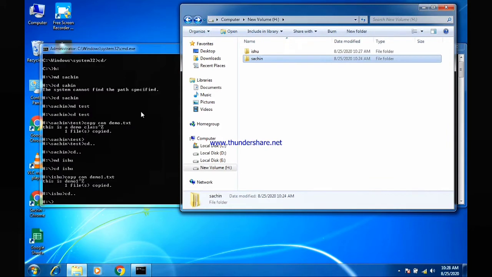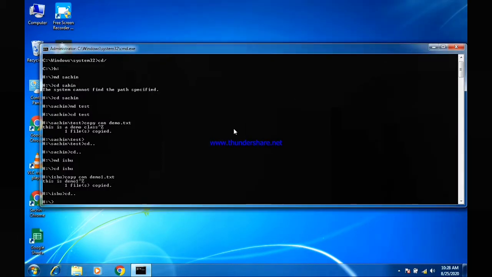Then how will it be done? I will write copy. First we have to give source and then destination. What is your source? Your source is